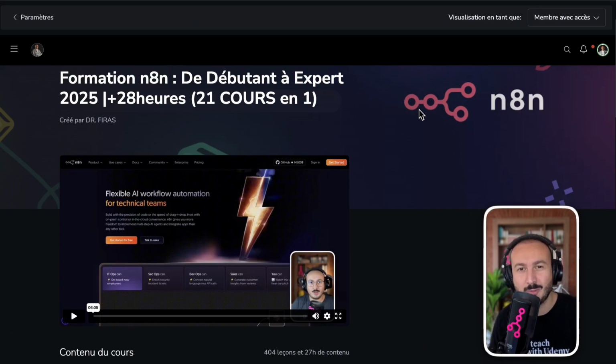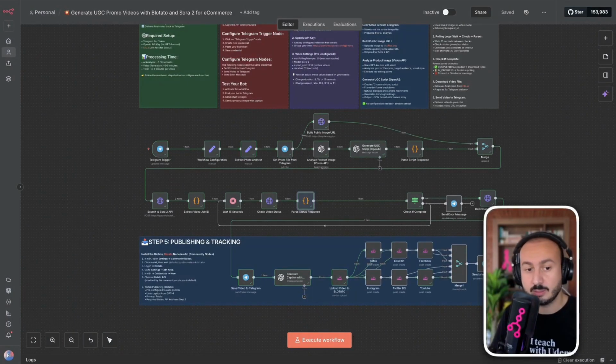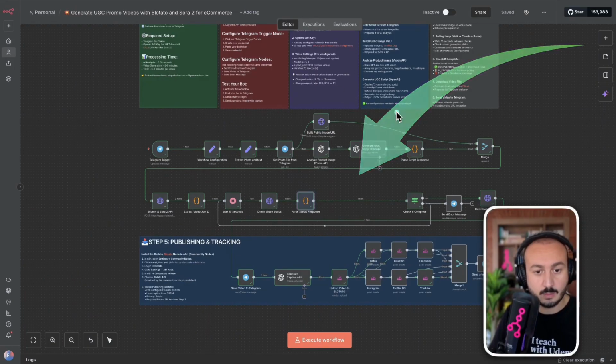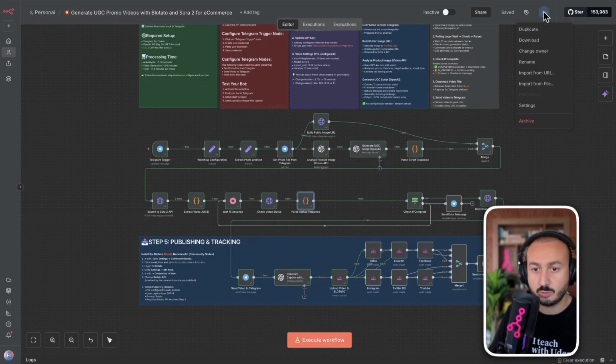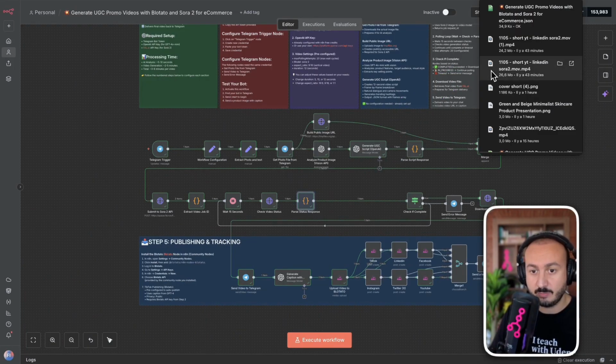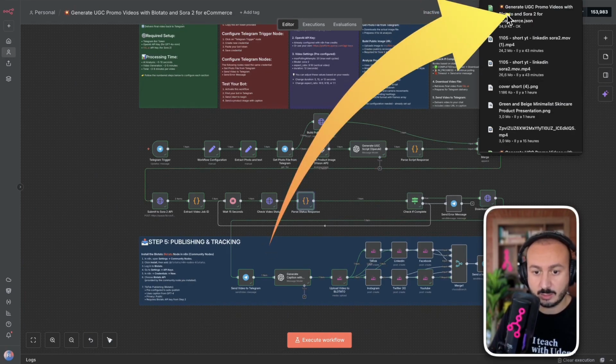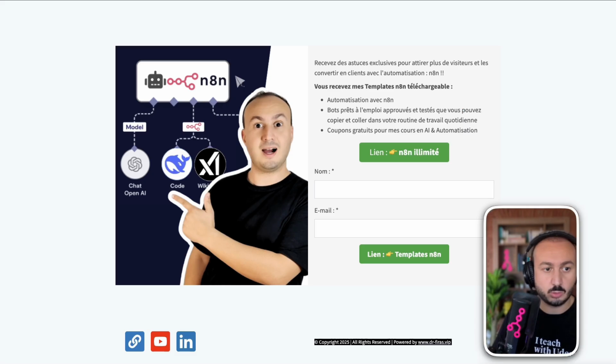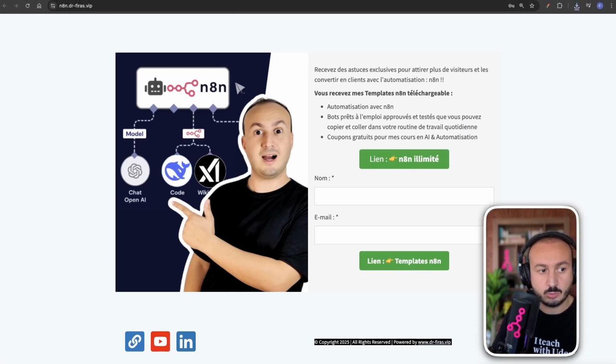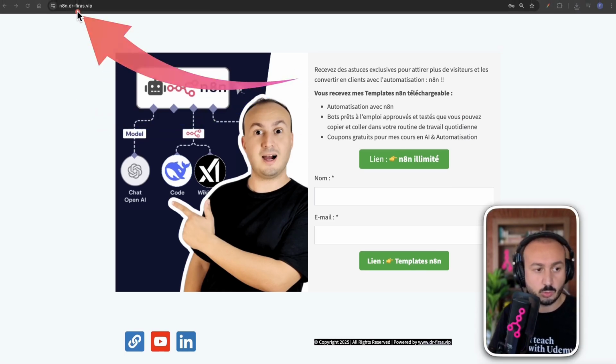Now let's continue our workflow. Now we're going to see how to download this workflow. I've simply downloaded the entire workflow from the source. I've put this particular file specifically on my platform, making sure that everything is set up correctly and ready to use. So here, you just need to access this link, which I'll also put in the description,